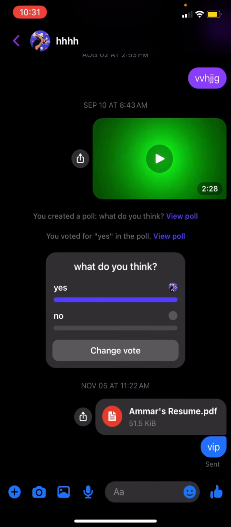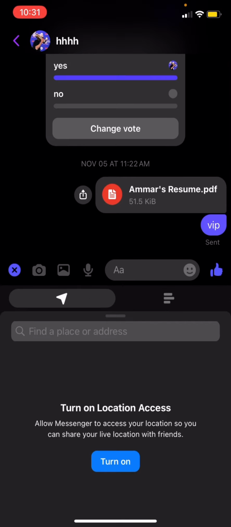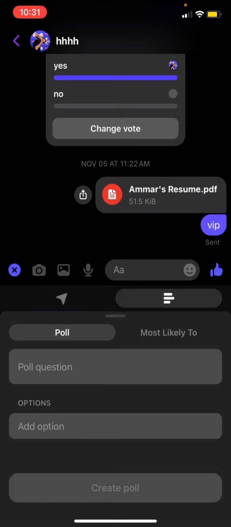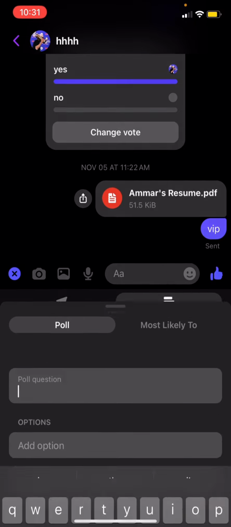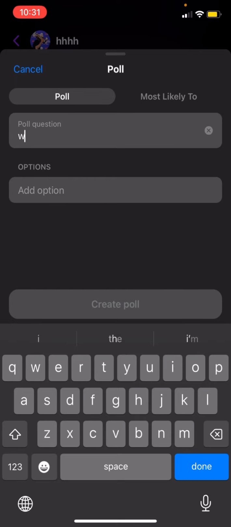All right, so what you're gonna do next, you're gonna see below left multiple options, and you're gonna just click plus. Okay, and here you're gonna see location, and next to it a poll kind of thing, right? So we're gonna start creating our poll, like what to eat for